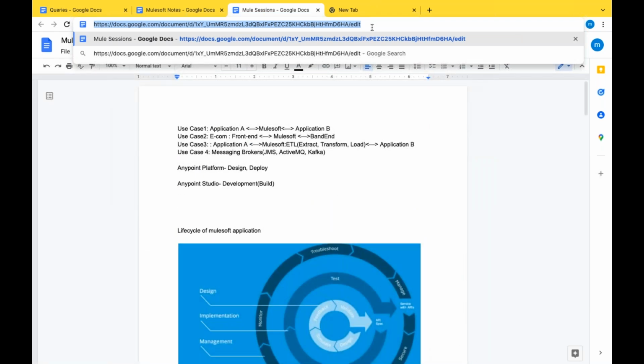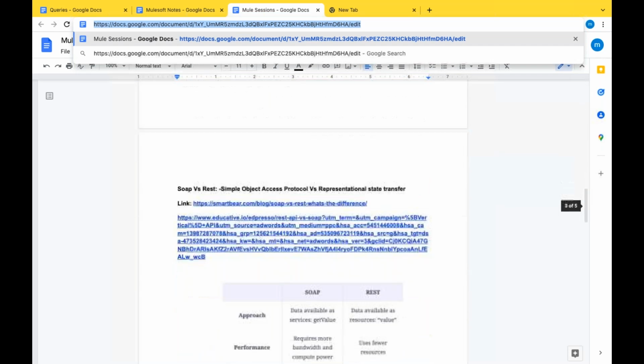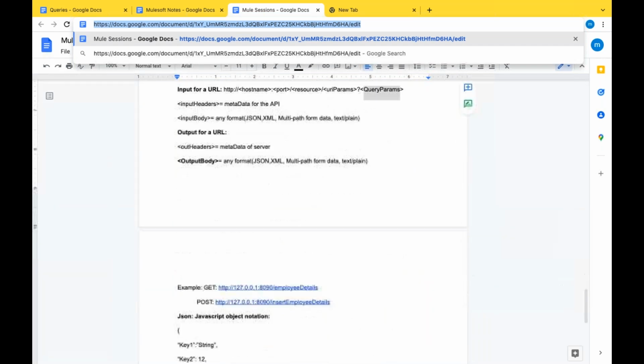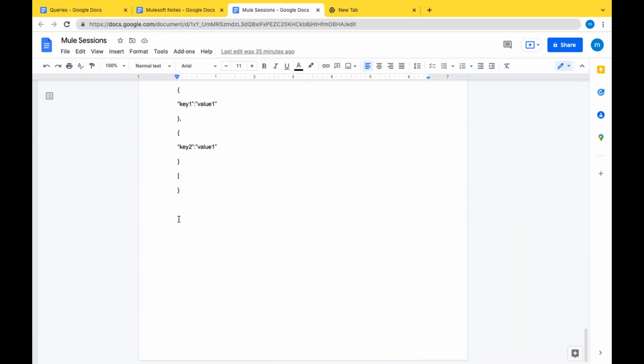You are able to see my screen, right? Okay, let me copy this API and put it here. What is the functionality of this API?